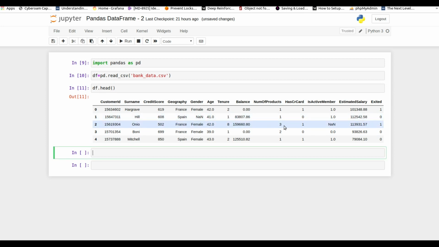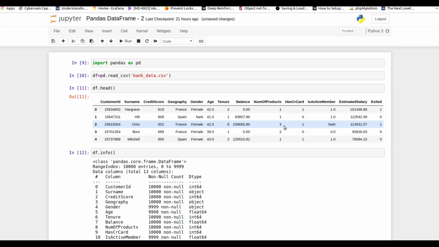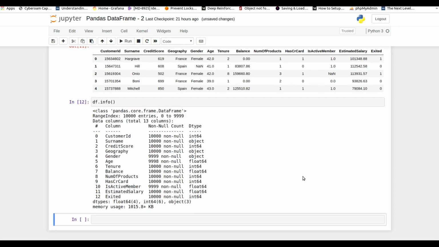We have also covered data.info, so let me show you a small overview of the data. It's a data frame with 10,000 entries and 13 columns, and we have some missing values also. We have integer and float data types, and also an object data type.